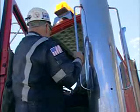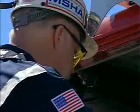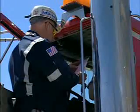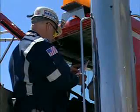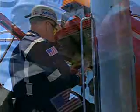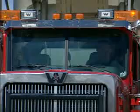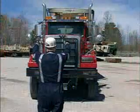As the operator looks for the training records, observe the condition of the cab, windows, and mirrors. Look at the training records date and type of training received. Check the seat belt and fire extinguisher. Explain to the operator that you will now move to the front and back of the vehicle to check lights